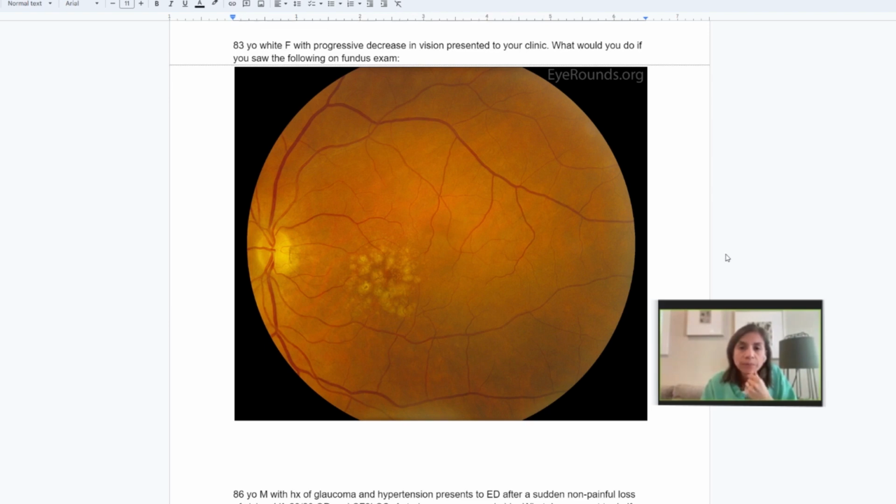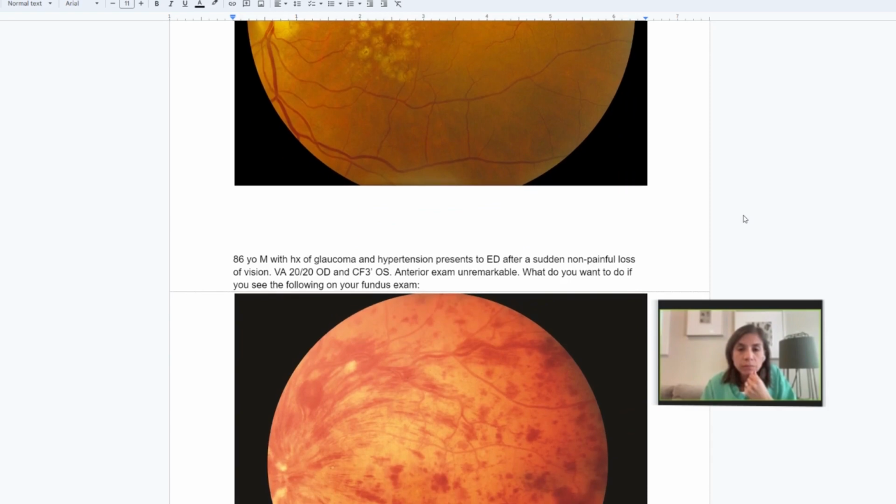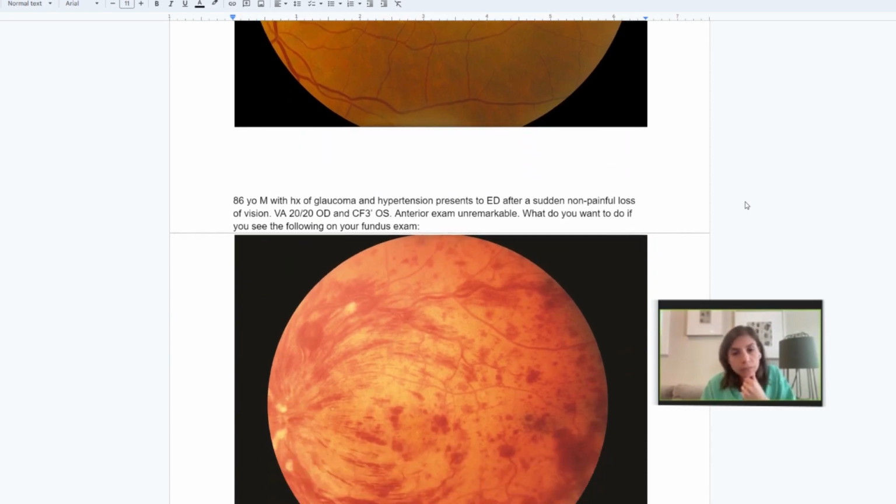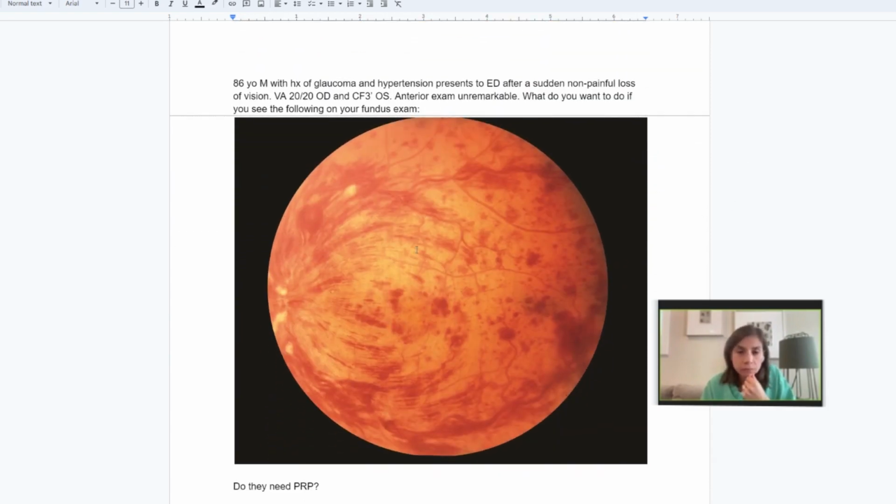So I paired these up as things people can compare. So this is comparing AMD versus the diabetic eye. Now we're going to move on to this one. We'll compare these next two patients together or with each other. Mm-hmm. So this one is an elderly